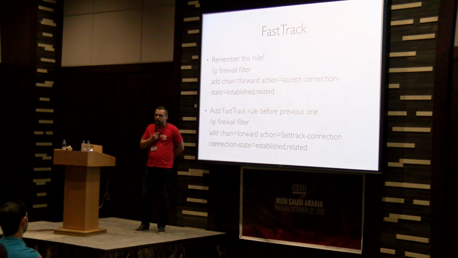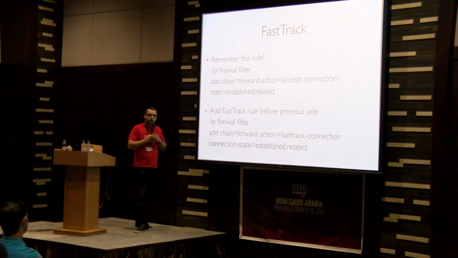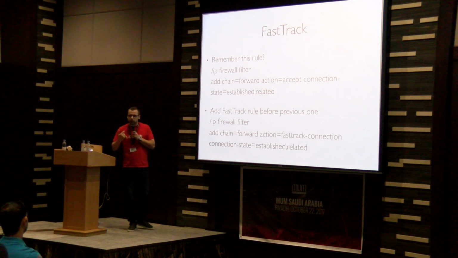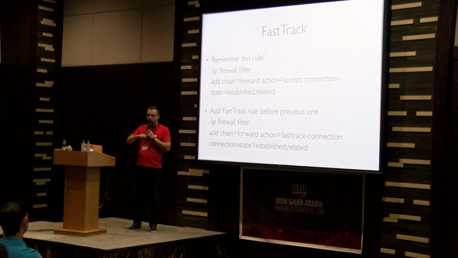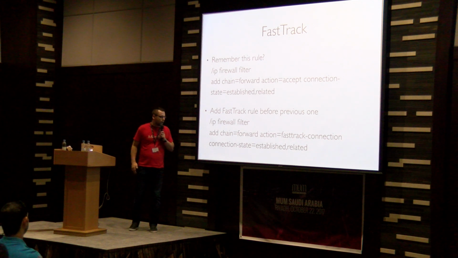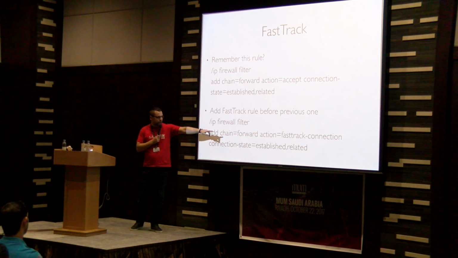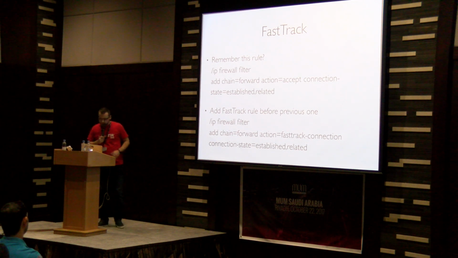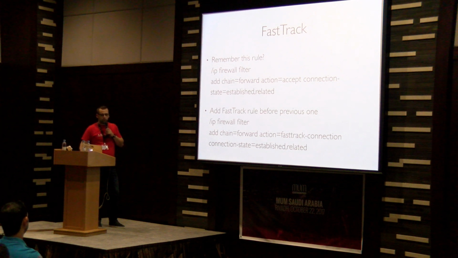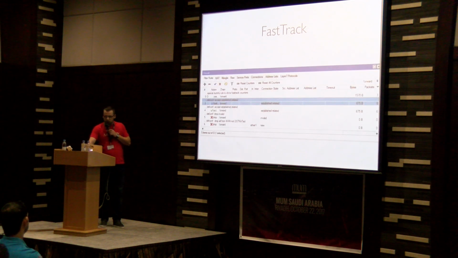Basically, if you made a connection from your local subnet to the internet, you are responsible for it, right? You trust this service. So why should I check each and every reply in firewall, in queues and so on? If you trust these connections, then trust them. We will skip all firewall, queues and so on by a simple firewall rule. Action: fast track connection for established and related packets. These packets now won't be processed any more in other firewall rules, in queues and so on,